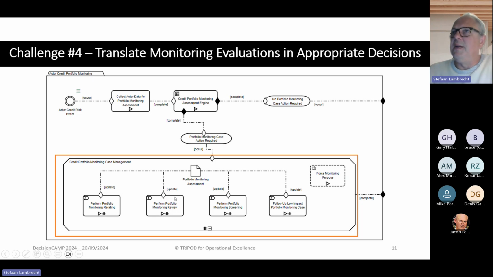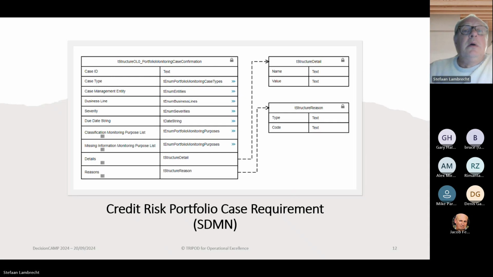He needs to come up with an analysis result, which is in fact a proposal for one or more credit or credit risk committees who will then need to take a decision, and that decision needs to be implemented. So when the decision engine creates a case, that is in fact the structure that we have. So the last step of the logic provides in fact all the information for the case. So it will determine a case ID, a case type, which indicates which of the processes needs to be kicked off.